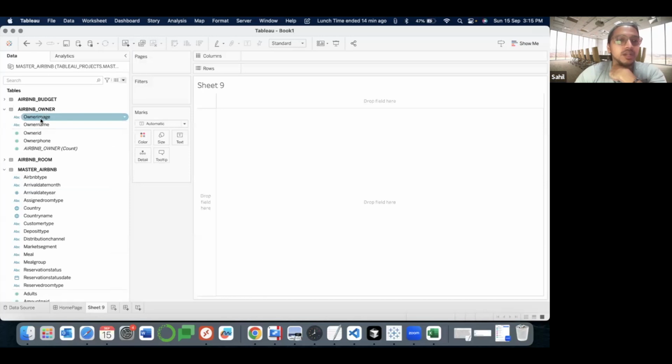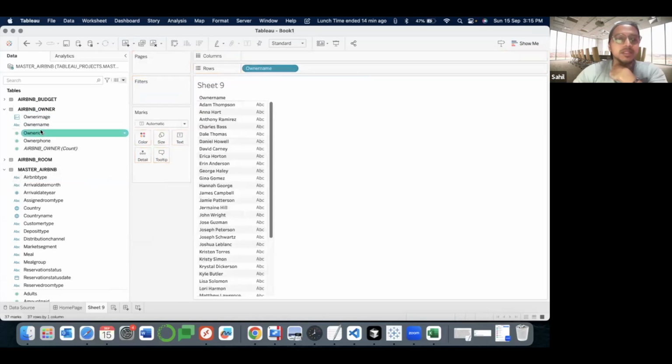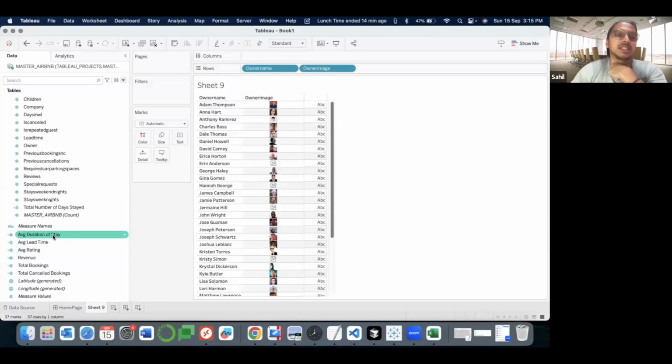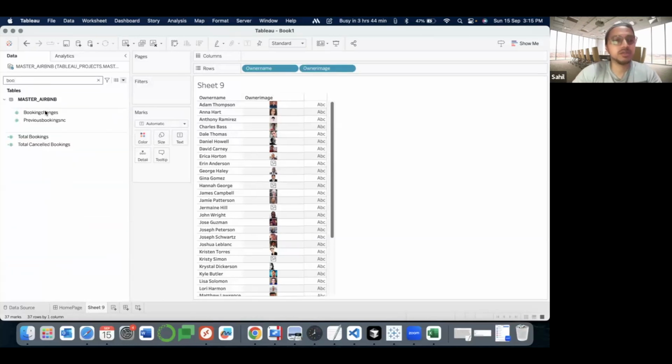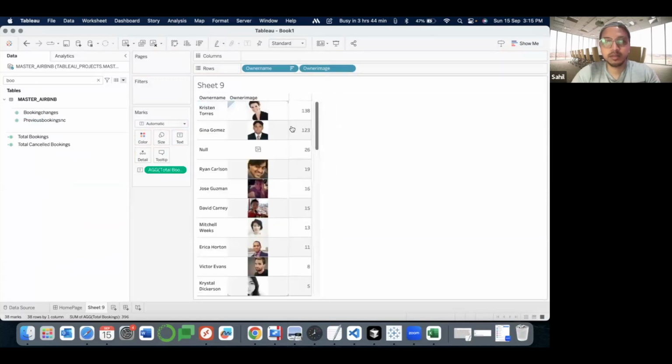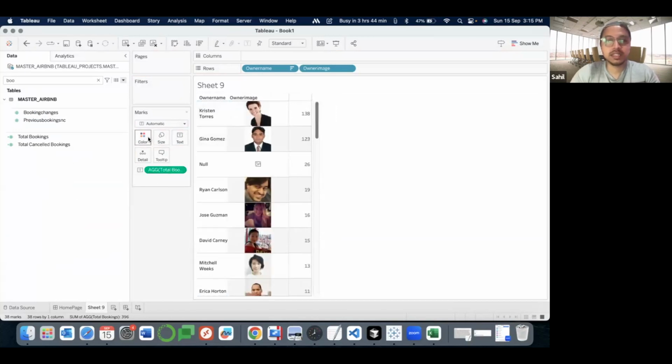So maybe what you can do is, again, you need to make sure owner image is tagged as URL. So you can have owner names, you can have owner images, and maybe who made the best transactional profit, or maybe best amount who got. So bookings, maybe we can use total booking can be used here, maybe sorted from top to bottom. And I will make sure this is slightly bigger, and this could be